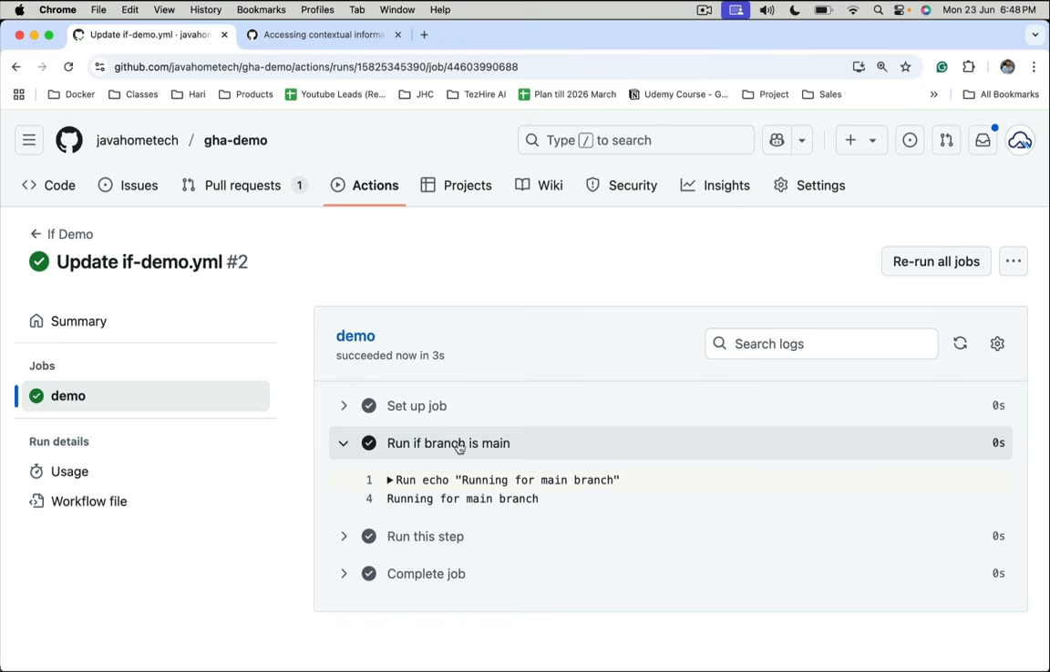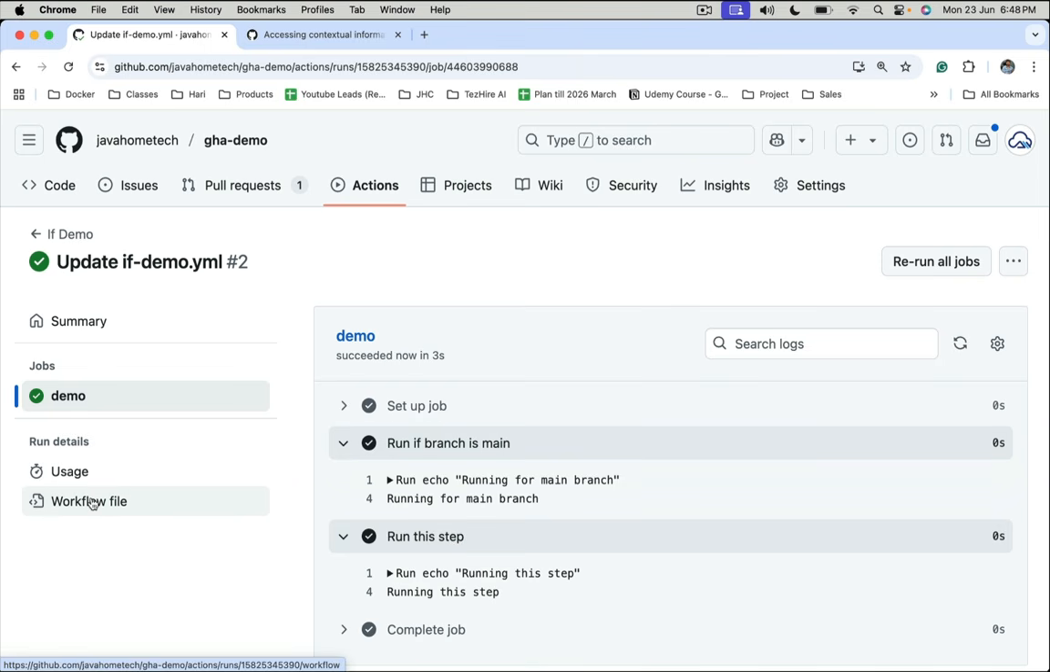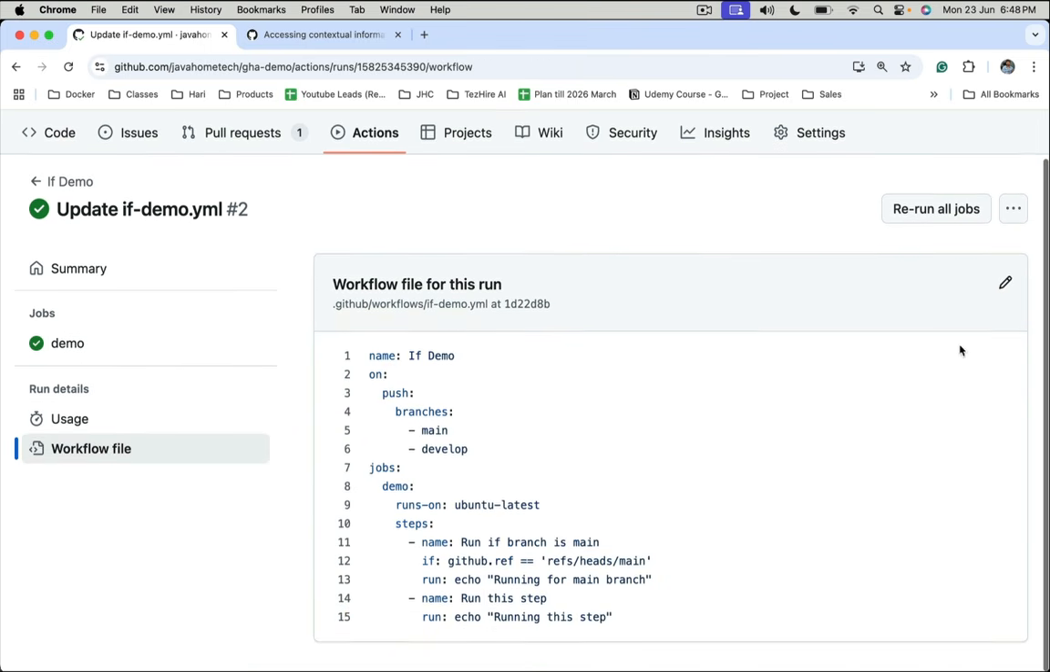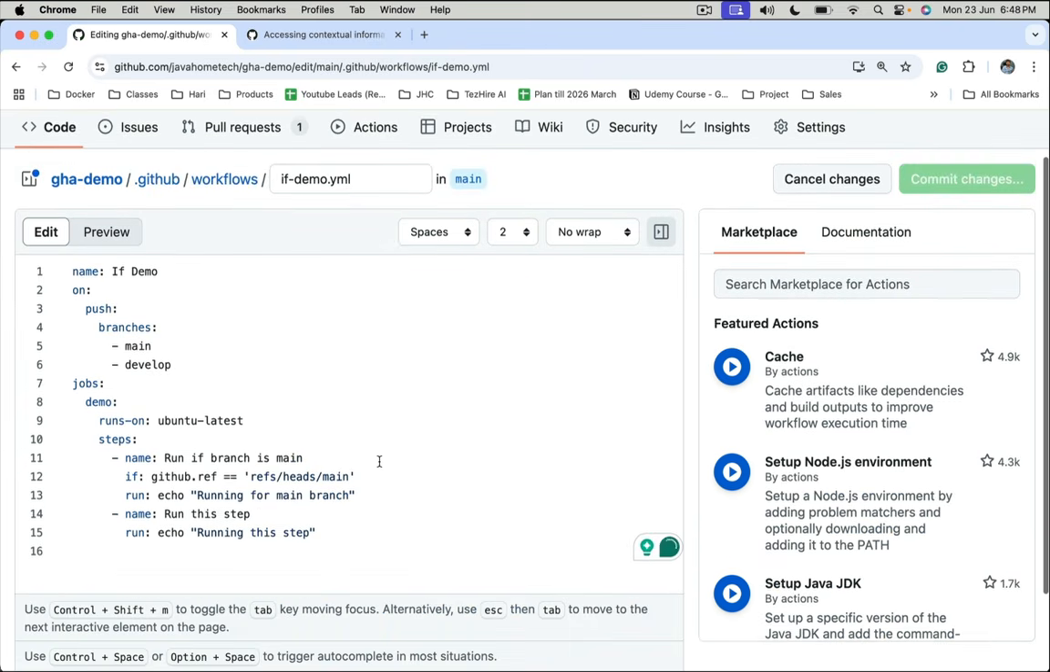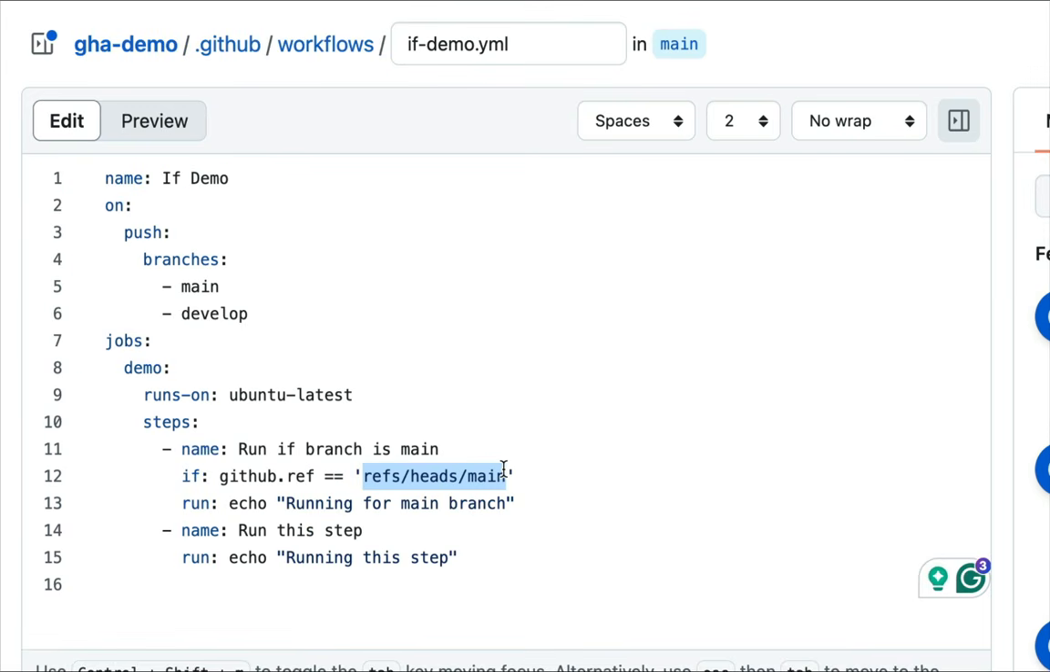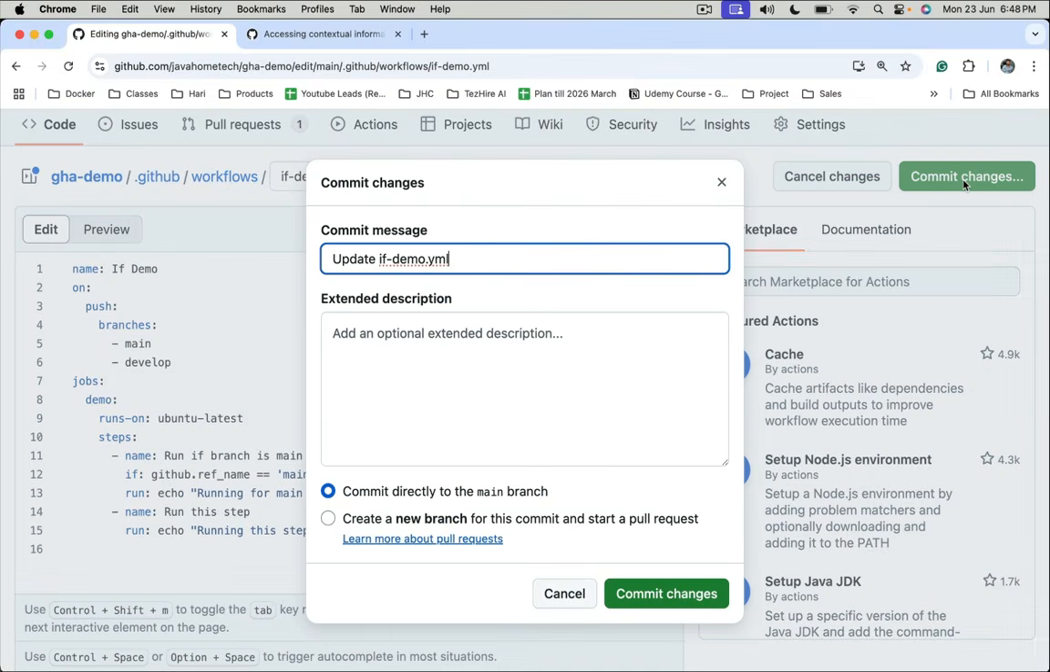It's running run if branch is main, and the second step should obviously run because there is no condition on this. Let's go back to workflow file, edit the file. Let's say you don't want to use this complex format to compare the branch. There is one more property inside GitHub context object, that is ref_name. Here we can directly refer to a branch. Main, commit,